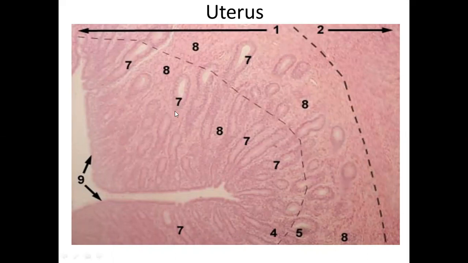The functional layer, if you look at it, has more tubular glands opening towards the surface epithelium, which is simple columnar in this case. This layer will appear quite differently under different phases of the female cycle. The proliferative phase is there, then the secretory phase, then the menstrual phase. In animals these terms will not be used, but because we are borrowing from human histology, there are 3 different phases that we will find.